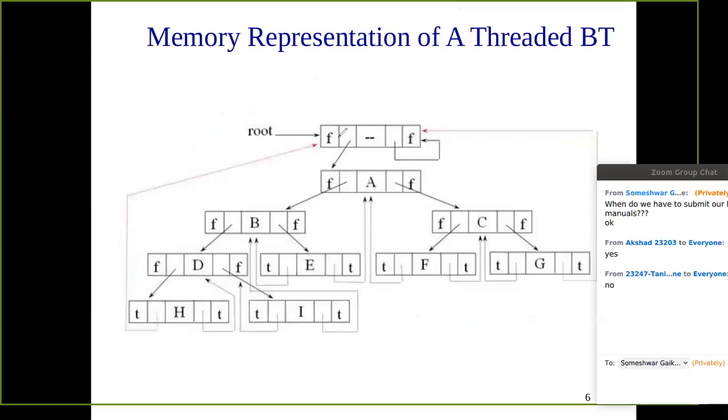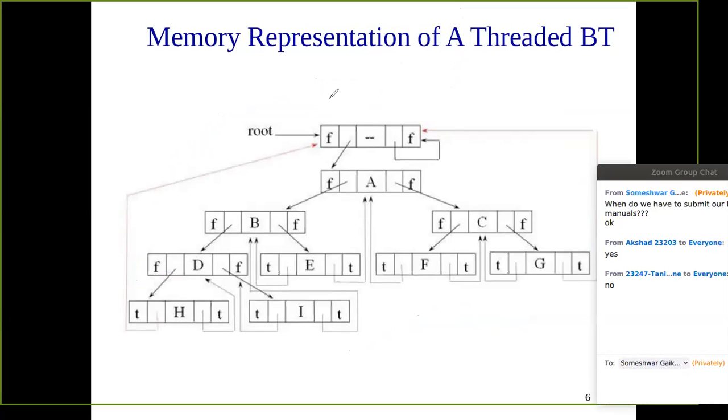Okay. So this is our root node. Left pointer of root node is where we are actually starting our tree. So this is the root of our tree. But in threaded binary tree representation, we are taking one more root node in order to handle the dangling pointers. We have seen the concept of dangling pointer. What is the dangling pointer? Those dangling pointers will be assigned to the root.